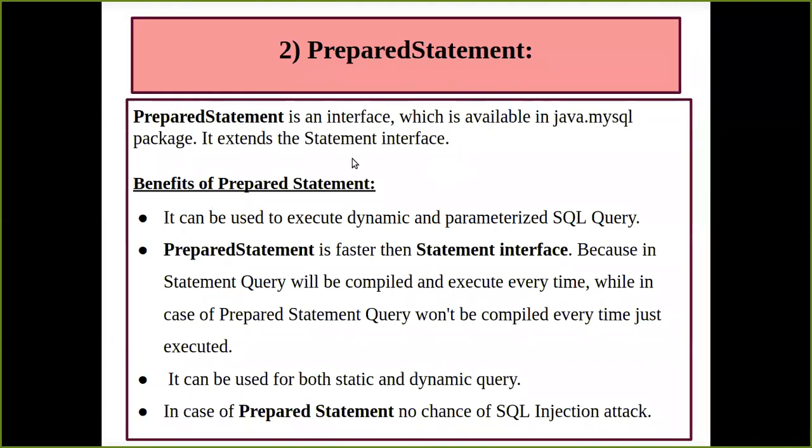And then the next step which comes is your statement interface, where exactly your SQL queries are going to be fired to your database, and on the basis of the queries which we are firing to our database, we are going to get the response into the next interface, that is your result set. Now when we started with the statement interface, we know that we have three types of statement interfaces. The very first is just the statement interface, and then we have a prepared statement, and then we have a callable statement. So we completed in the last lecture your statement interface with one example, and I hope that you remember that, in which we have gone through all the database connectivity steps.